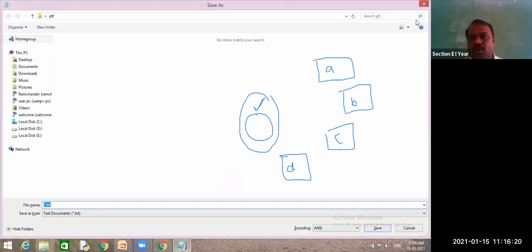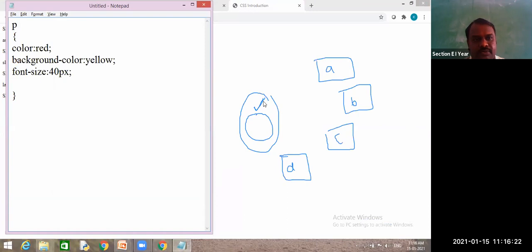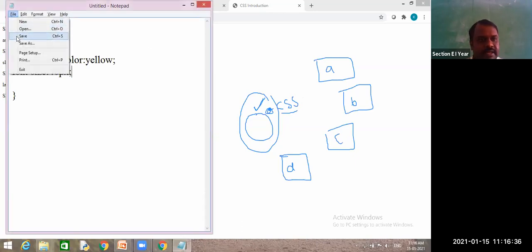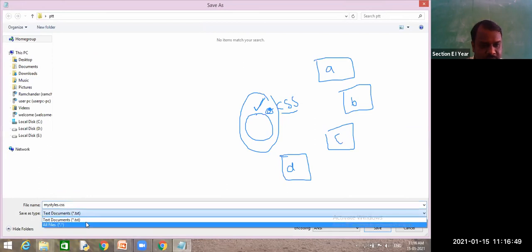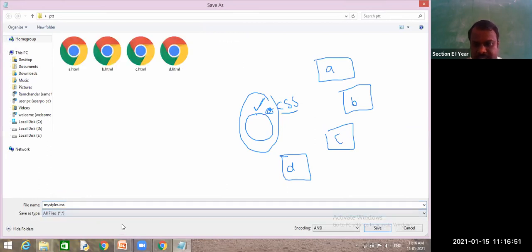Okay, and how do I save this one? You need to save this file with a .css extension. We'll see how. File, save as. The file name is mystyles.css, and change the type to all files and save.